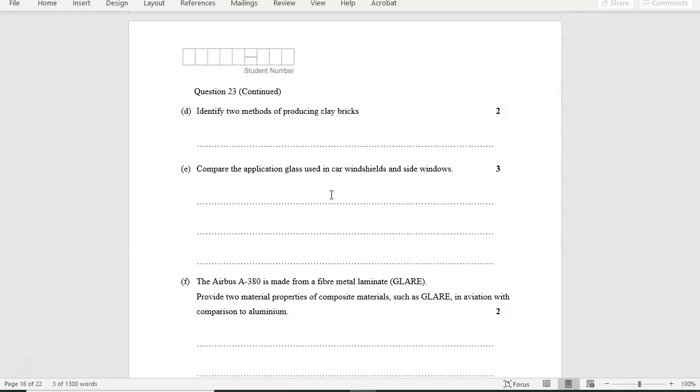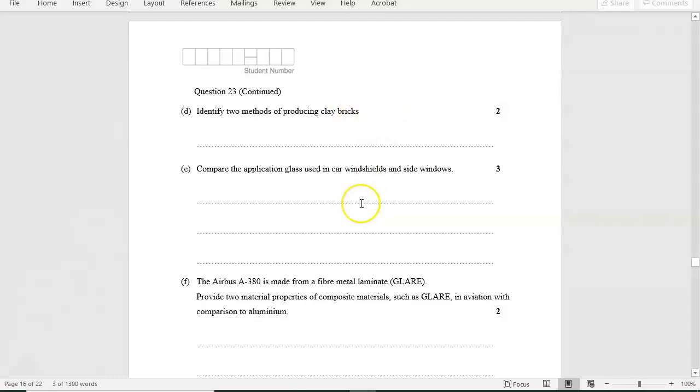This is what, in your notes, it said: pressing and extrusion. We looked at the difference. Extrusion has holes. Pressing has what we call a frog, an indentation in it. Yes, you can hand-shape bricks. Because I gave people a reference to a podcast about how bricks have been made for thousands of years, I accepted that if someone had used that information, it's technically correct, especially given the wording that